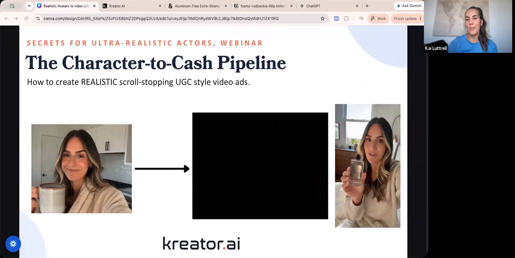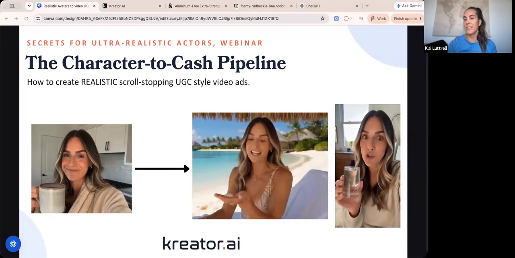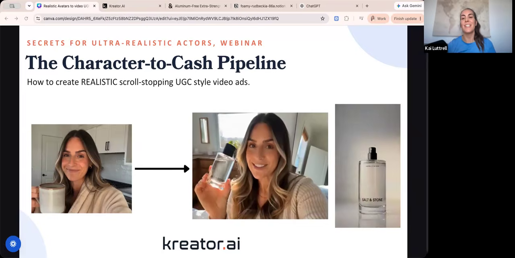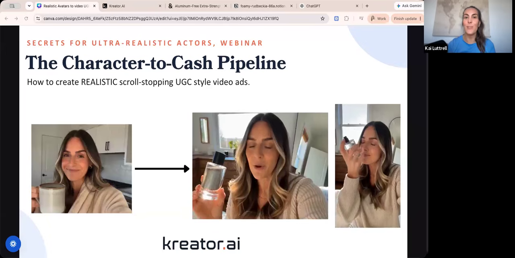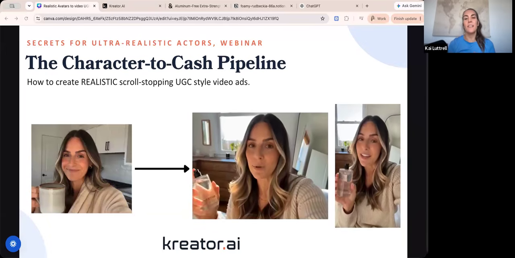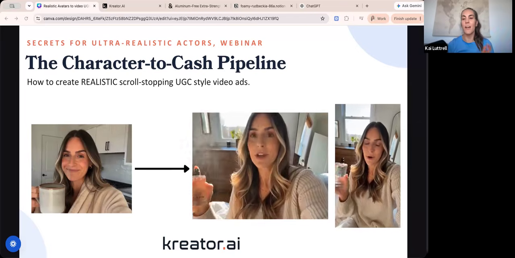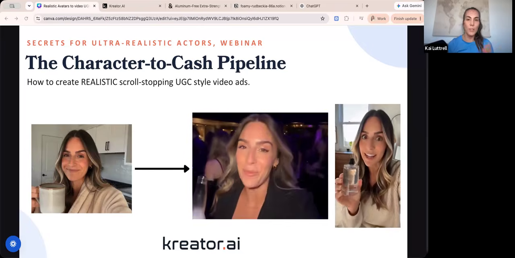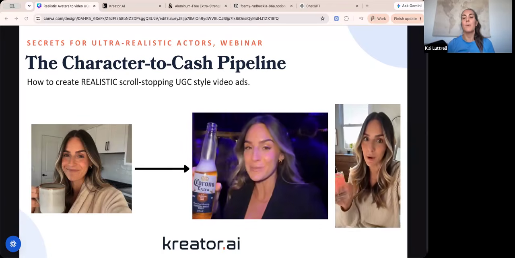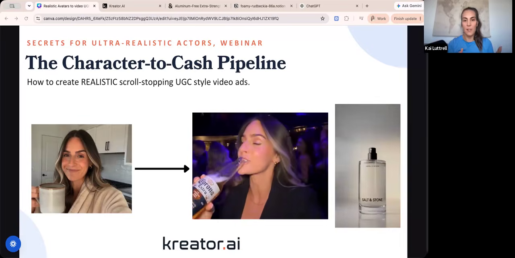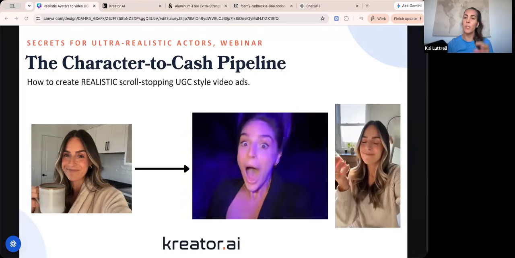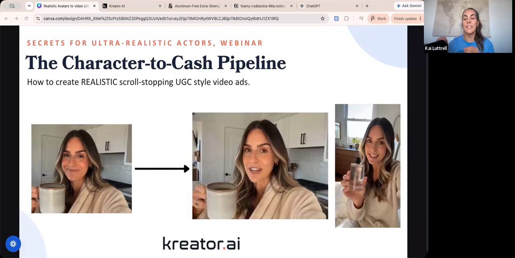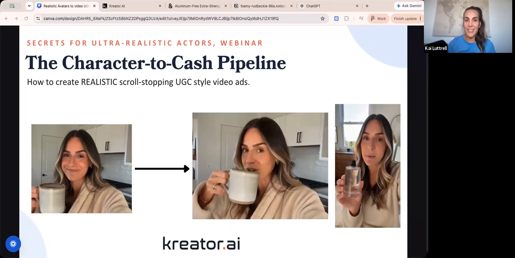And today, you guys, we are going to be talking about one of my favorite things. It is creating UGC style ads that actually look like UGC style, okay? So not like the super polished, obviously AI person standing in the perfect bathroom holding your product, right? Instead, what we're going to be talking about is things kind of like what we're seeing here, right? We're going to go from a single character image all the way to a realistic scroll stopping UGC style video